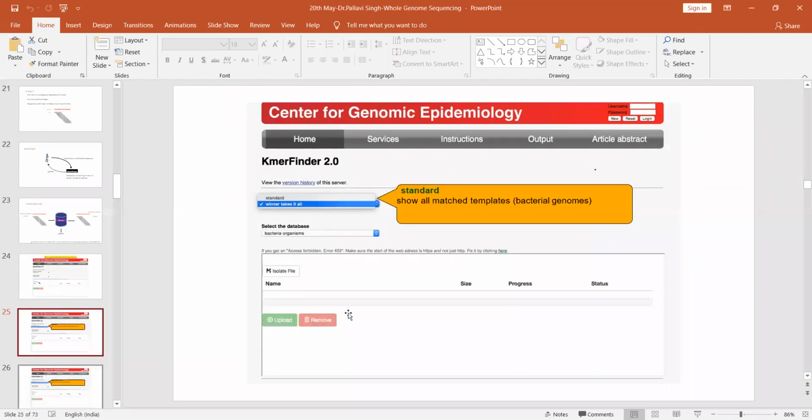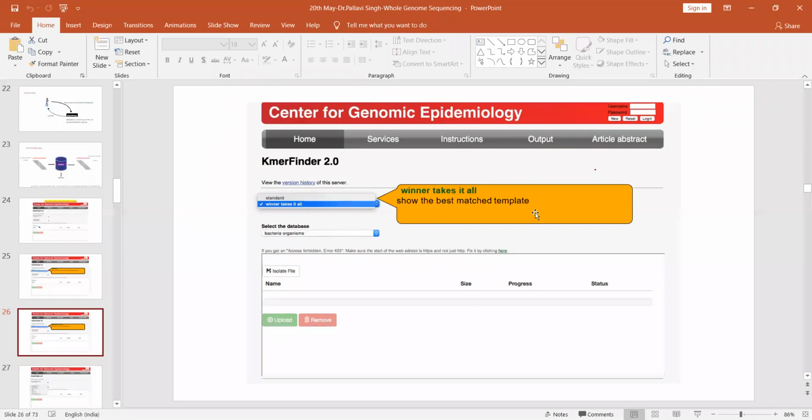As I was showing you, you have to select standard or you have to select winner takes it all. If you select standard, it will take all the matched templates with 80% accuracy. If you select winner takes it all, it will show only the best match template with the 100% accuracy. Once you have understood whether to go for the standard or second option,